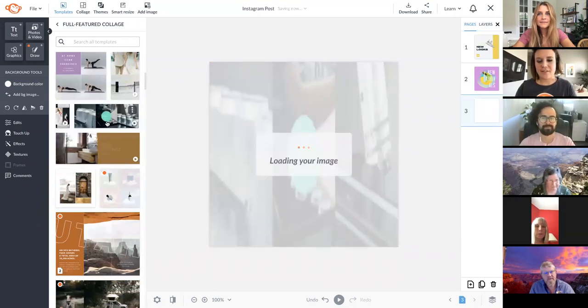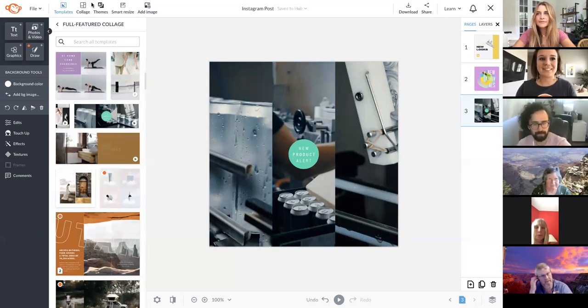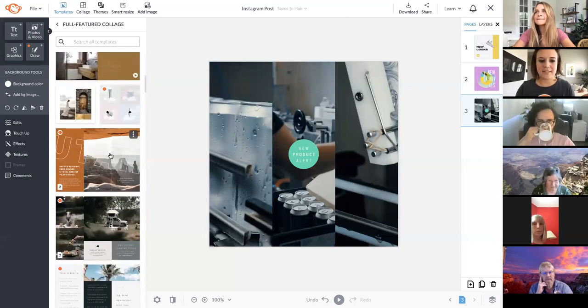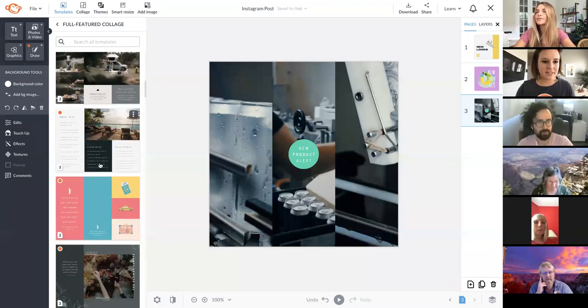So this is automatically resizing this template to fit the size of my Instagram carousel. I chose this horizontal one on purpose so you can see how it smart resizes into my document. Because we have an awesome smart resize tool that really allows us to do a lot of things, and that automatically happens when you're working in a template. If you want to see that again, you find